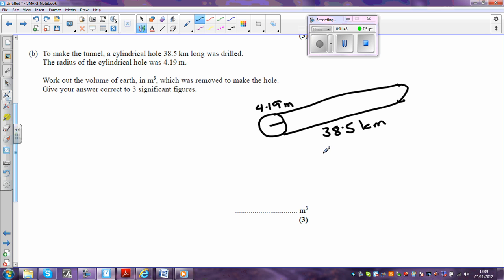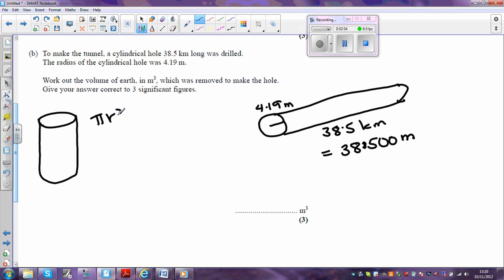Now the problem here is we've got a mixture of units, so let's change the 38.5 kilometers. We know that 1,000 meters is the same as a kilometer, so that's going to be 38,500 meters. Now if you look in the formula book at the front of your exam paper, it tells us that the volume of the cylinder is pi r squared h, where the radius is r and the height is h. In other words, in this case, the volume of the Earth, and we've got everything in meters, so it should work out, is going to be pi times the radius squared, well that's times 4.19 squared,